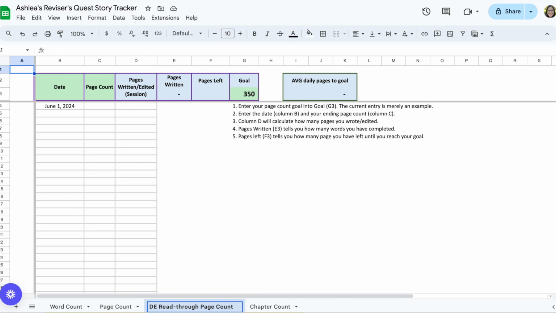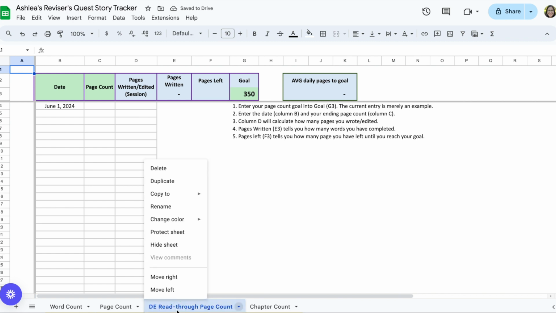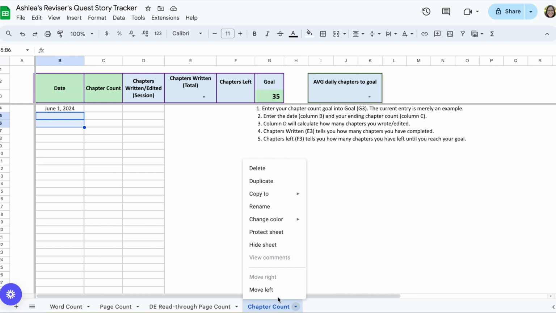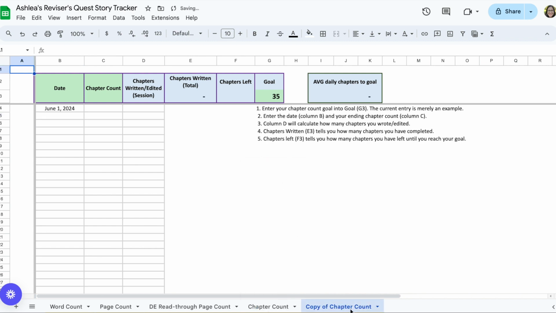All right, so let's say I have the goal of having a read through and I want to try to get the editing plan in place. For the read through, I'm going to use a page count so I can keep track of that. But then for creating the editing plan, I'm going to use chapter because most of my